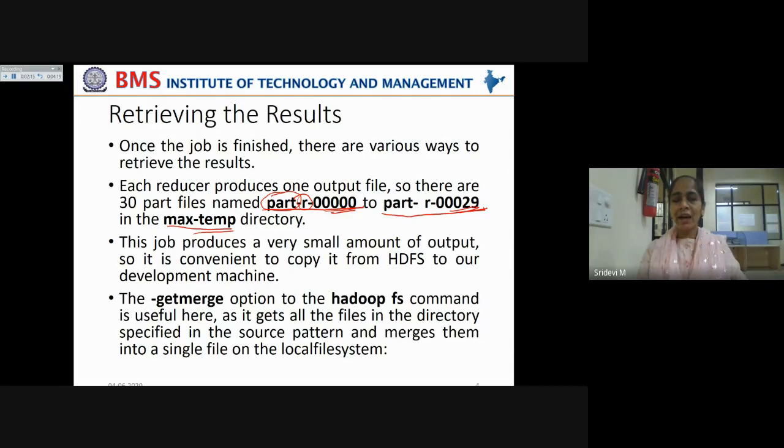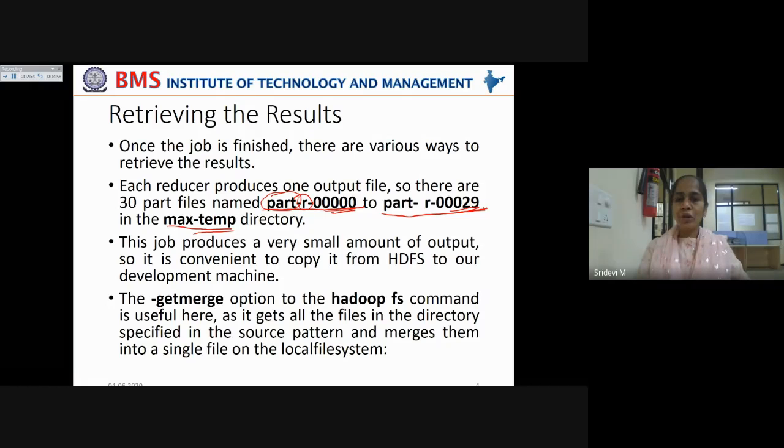This NCDC data, after processing the entire weather data set, it actually gives very small amount of data. Why? Because it captures every year's maximum temperature recorded, that too over only 100 years, right? So though the map input is very large, by the time this map output is processed by the reduce and final output is given, the amount of output will be reduced. And further, if you add a combiner function in the middle between map and reduce, that even reduces the data that is transferred between map and reduce tasks.